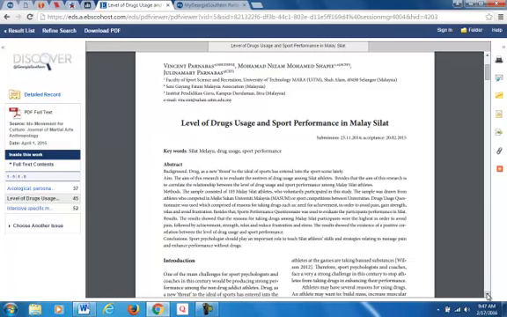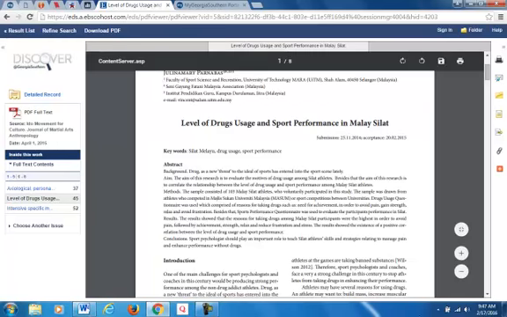I usually read the abstract just to see if the article is good, because instead of scrolling through the whole article, the abstract just gives you the basic information, so you get an idea if this article might be useful for your topic.